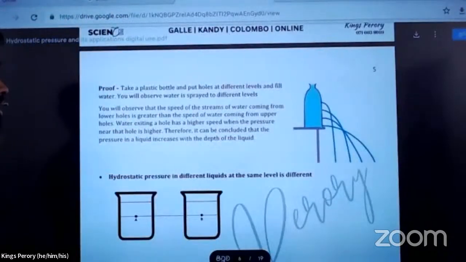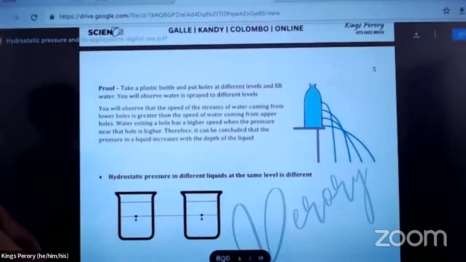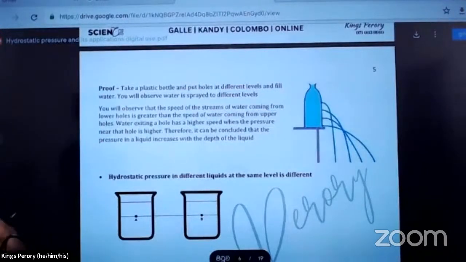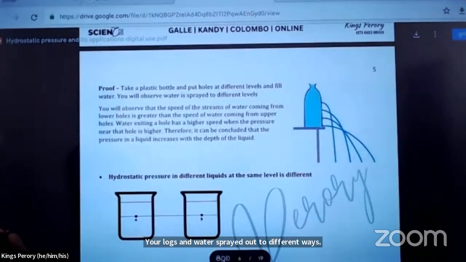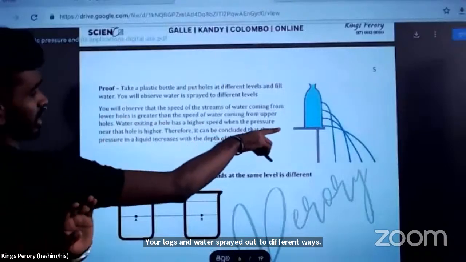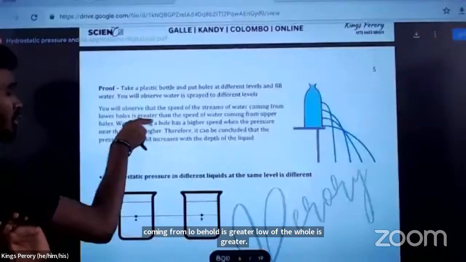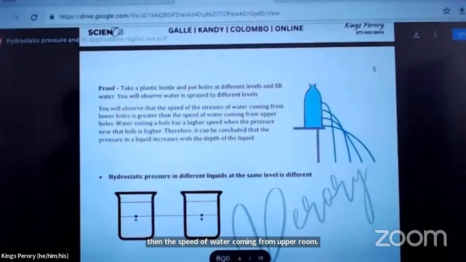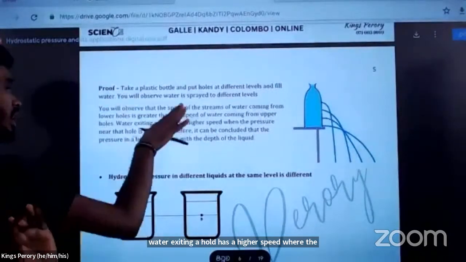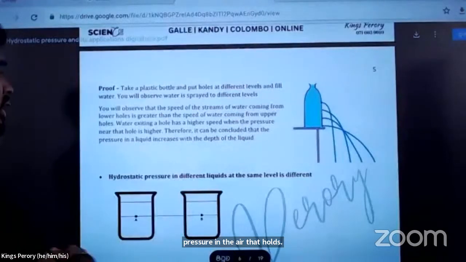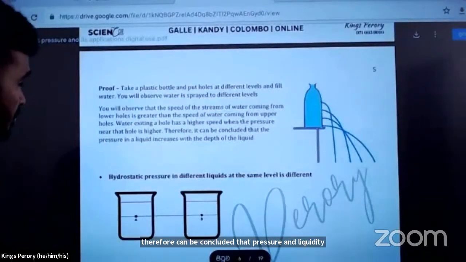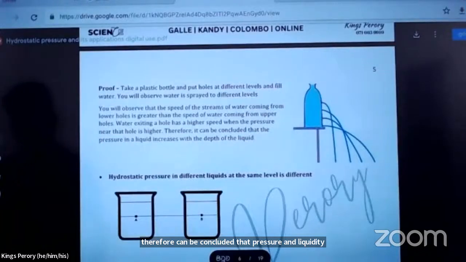But put holes at different levels. What will you observe? Water is sprayed out to different distances. You'll observe that the speed of the stream of water coming from the lower hole is greater than the speed of water coming from the upper hole. Water exiting a hole has a higher speed when the pressure near that hole is higher. Therefore, it can be concluded that pressure in a liquid increases with the depth of the liquid. Finally,